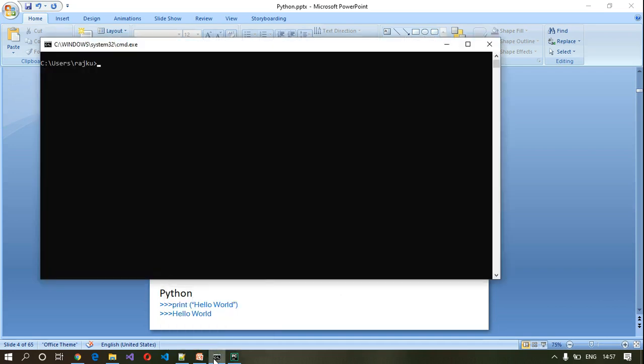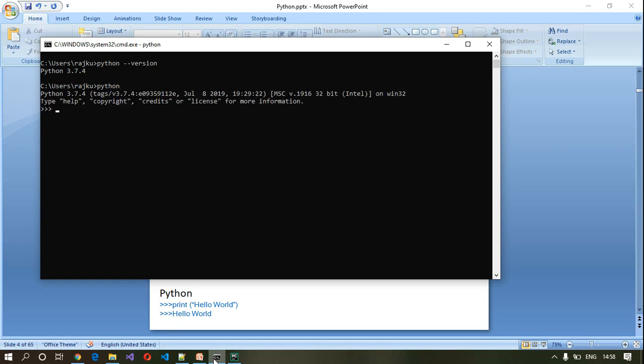Okay, I have opened a command prompt here. So let us type python --version here. I'm using Python version 3.7.4. So let us type in python here. Once you type python, you will get this prompt, and at the prompt you type in print